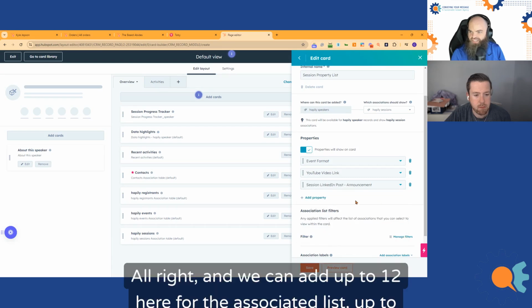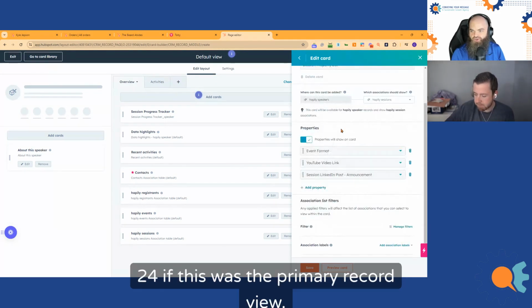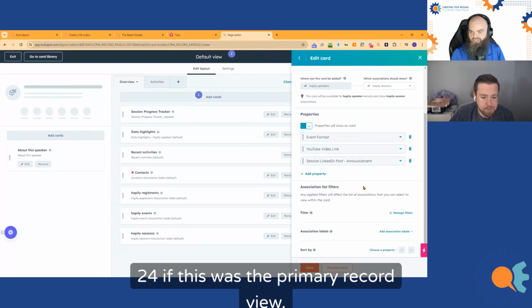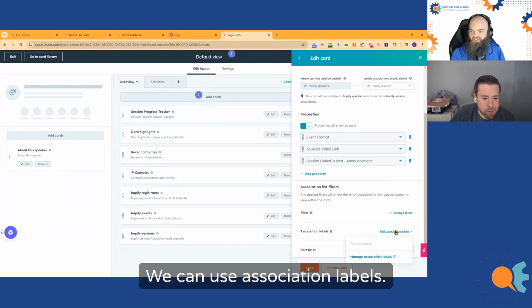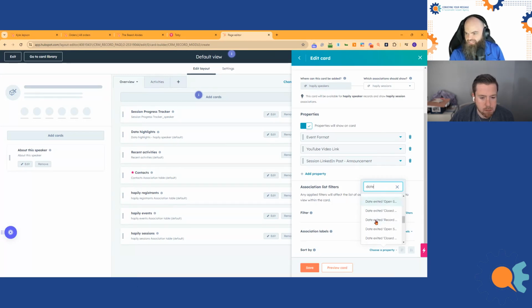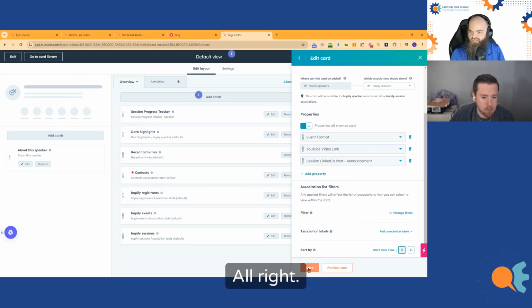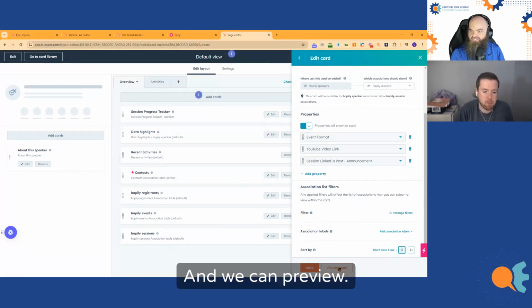We can add up to 12 here for the associated list, up to 24 if this was the primary record view. We can use association labels. We can even sort by, let's say, start date time. And we can preview.